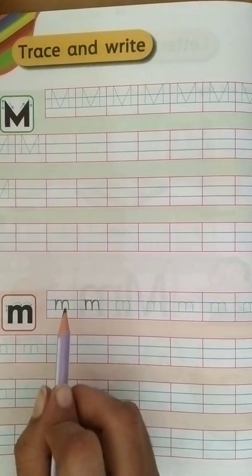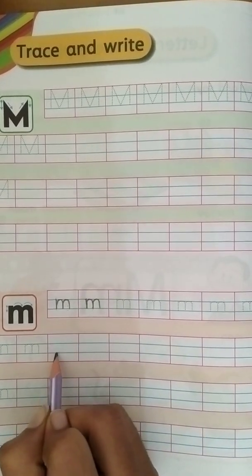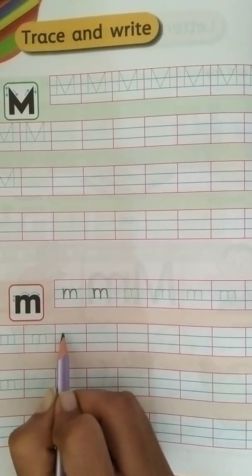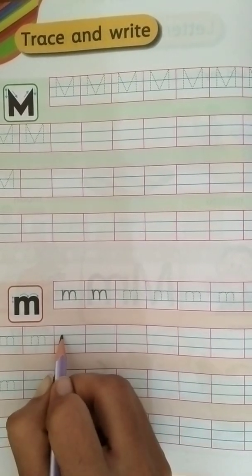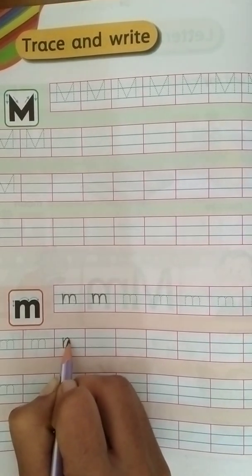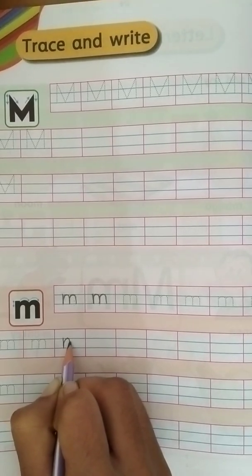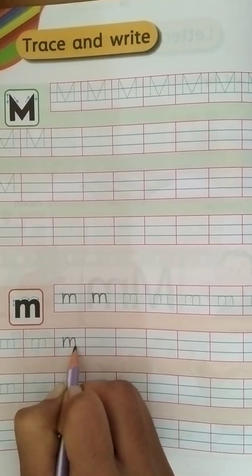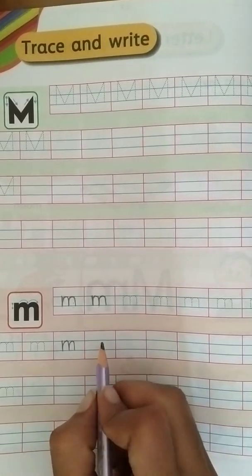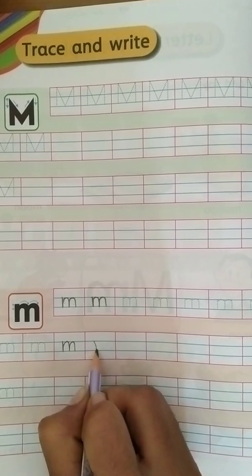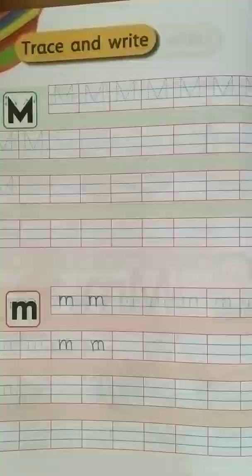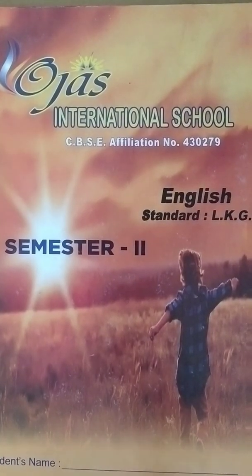How to write children small letter M? You have to write in the middle line only, in between second and third line, in between these two blue lines. First standing line, then from here only draw one down curve and again one down curve. How many down curves? 2. Okay children, and what you speak when you write M? M says ma. M says ma.